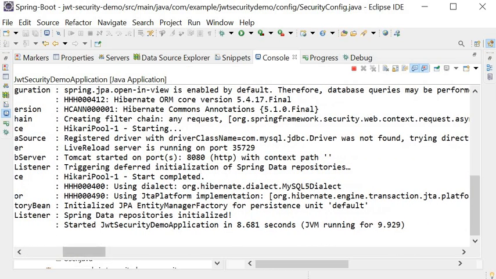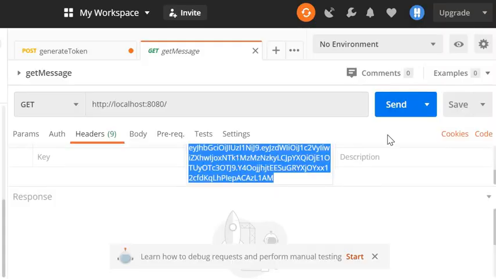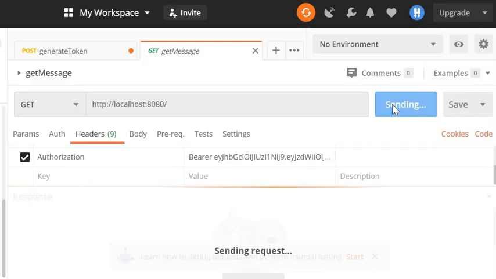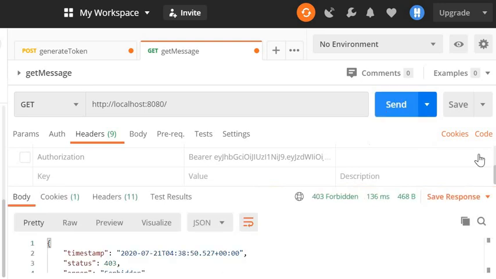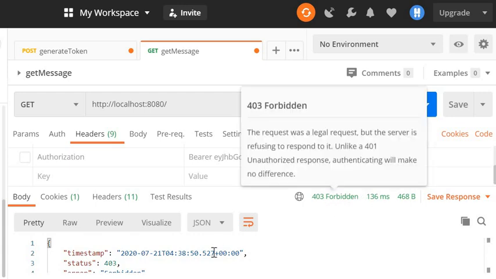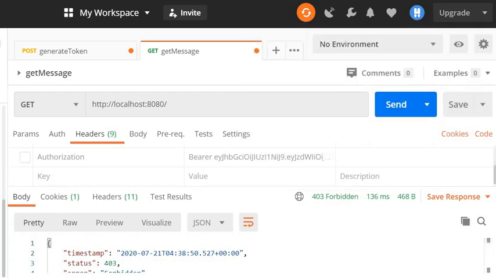So I will go to Postman and call this endpoint, and here you can see the response, Spring Boot with JWT. If I remove this authorization from here and hit this endpoint again, you can see the error, because it will not authorize the user, and it's sending 403 Forbidden. Okay, thanks for watching this video.